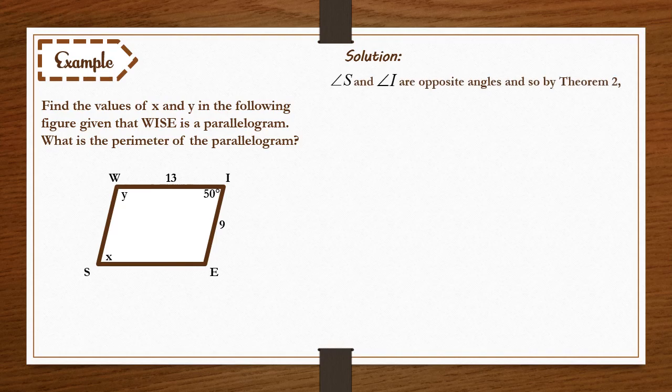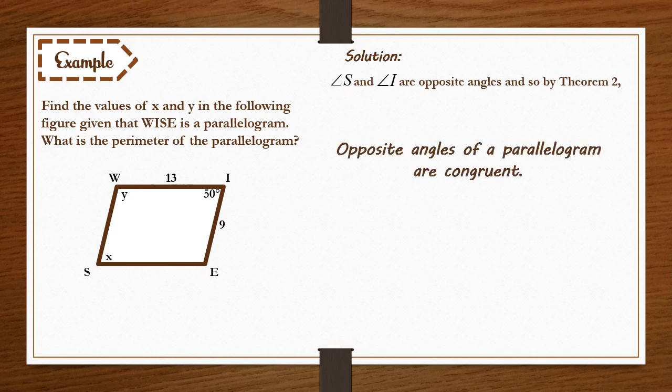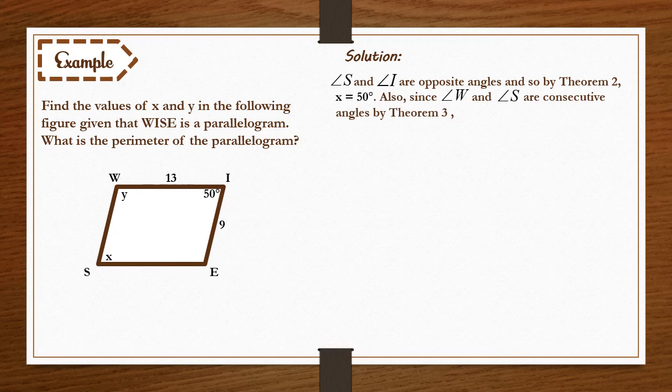Angle S and angle I are opposite angles, and so by theorem 2, which states that opposite angles of a parallelogram are congruent, we have the measure of x is equal to 50 degrees, since angle S and angle I are opposite angles. Also, since angle W and angle